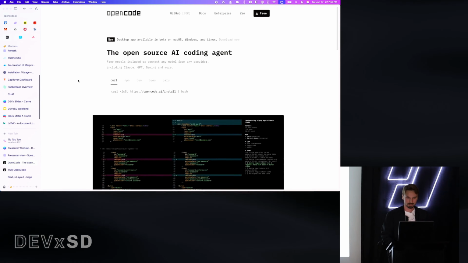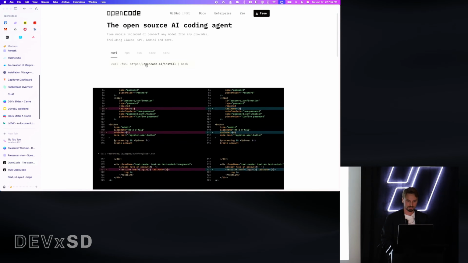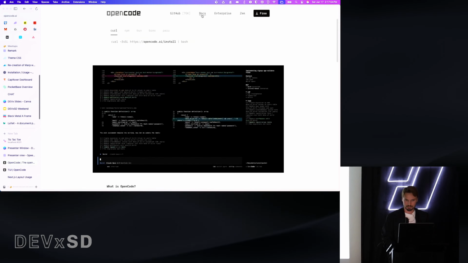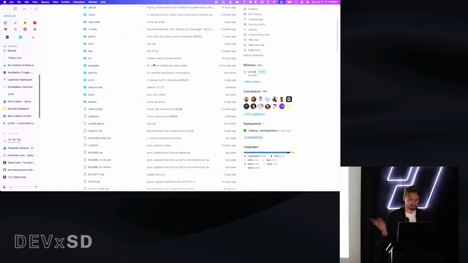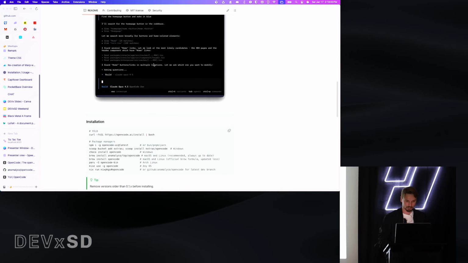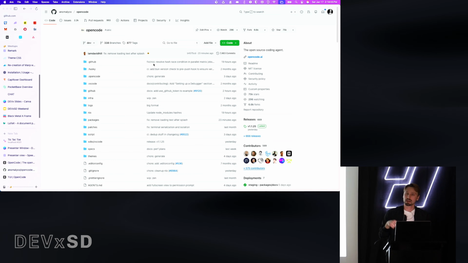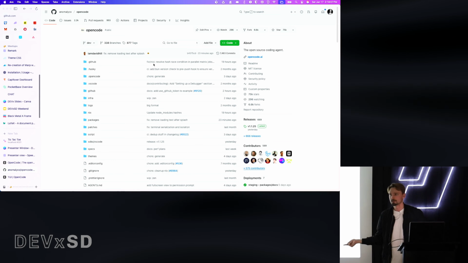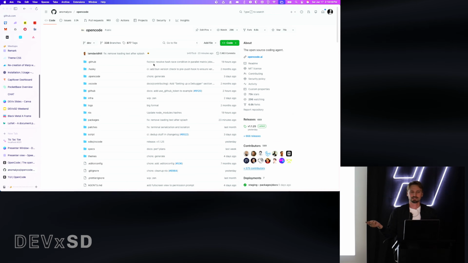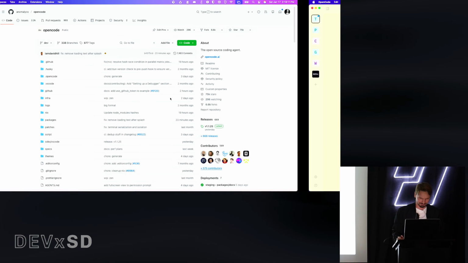OpenCode here. Their website's really nice and clean. Here's the install, the docs, you can go to the GitHub, and this is what's most important. You can fork this whole project, and you can open up OpenCode in this project and have OpenCode change OpenCode. So when you open OpenCode, it would be a whole new OpenCode. Okay. Anyway,